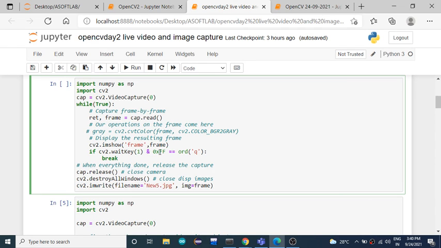What was the captured image, what was the frame? To display it, what did we use? The window, that is cv2.imshow. So we need to destroy it, right? So that's the thing you need to remember when you have used cv2.imshow to display images. Okay, the last statement is going to write a file. That means you're going to save a file by the name newfile.jpg, which contains what, the frame which is last stored before you press Q.